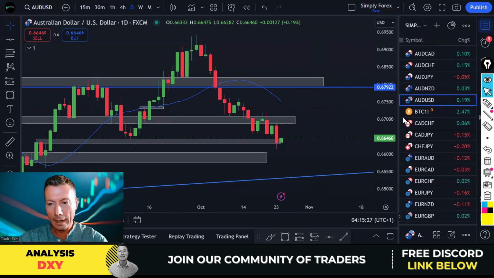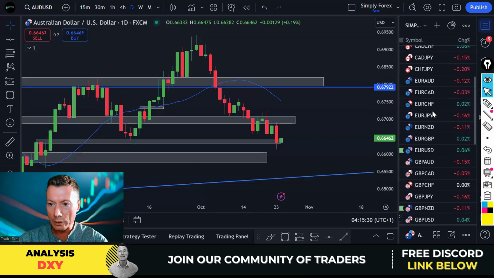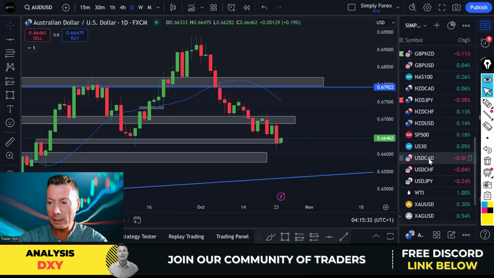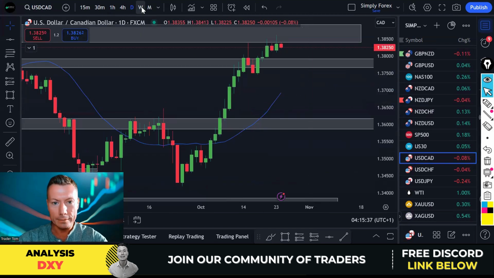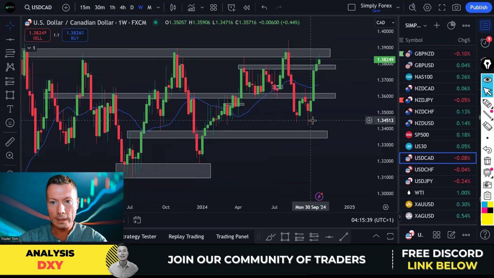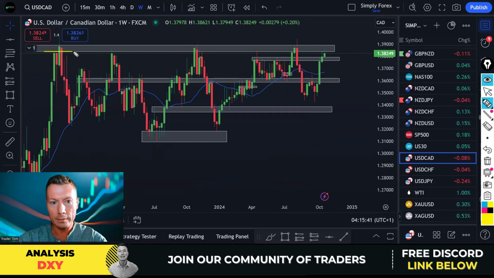And then also, guys, let's have a look at US dollar Canadian dollar. We're getting such mixed views. US dollar CAD, weekly level. Clearly a weekly level through here. Can we expect some selling here? I would say yes, we can. So my pound US dollar and New Zealand US dollar sell ideas and US dollar strength are being contradicted by everything that I'm showing you.